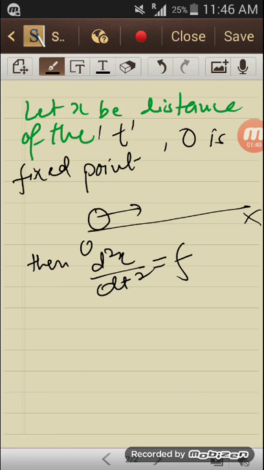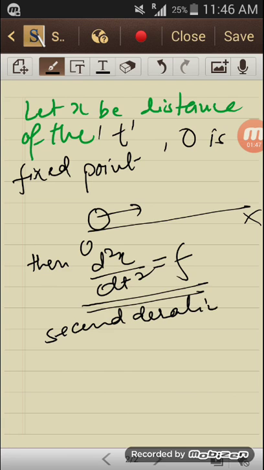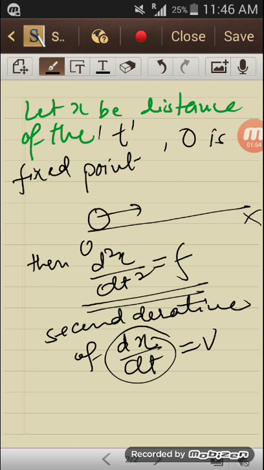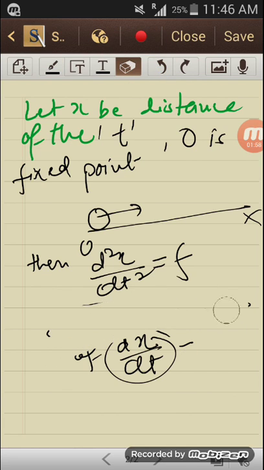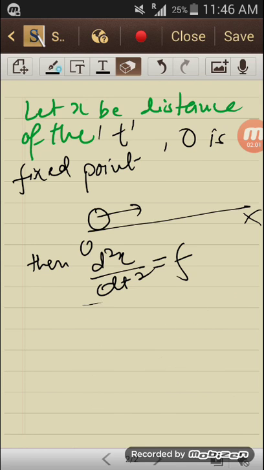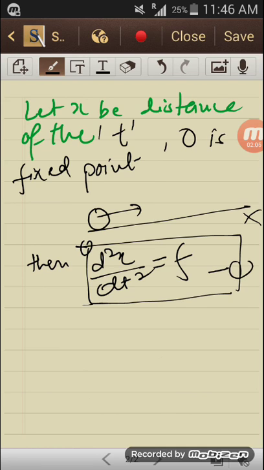What is this? This is the second derivative of x, the derivative of velocity. dx by dt is what? v. Okay, just forget this. What I am rewriting is d2x by dt square equal to f. This is equation first. So if we integrate this equation,